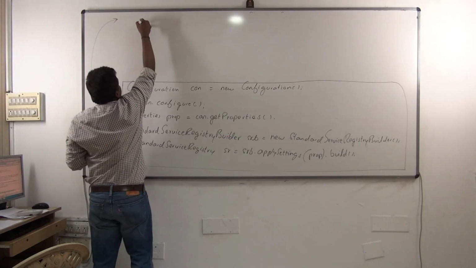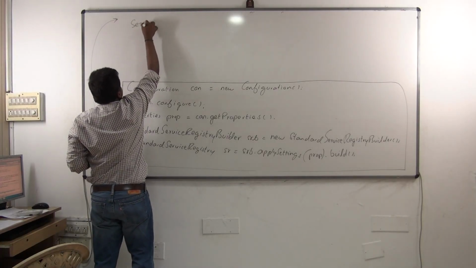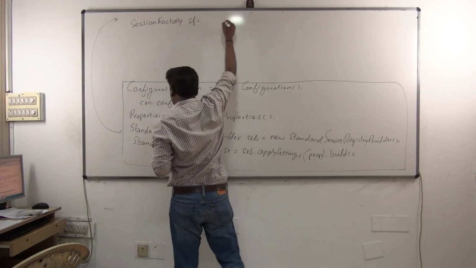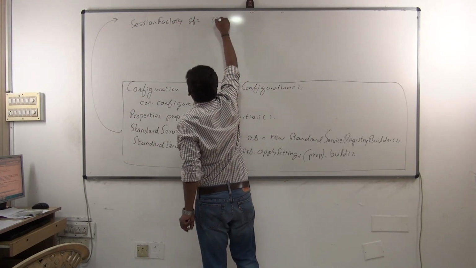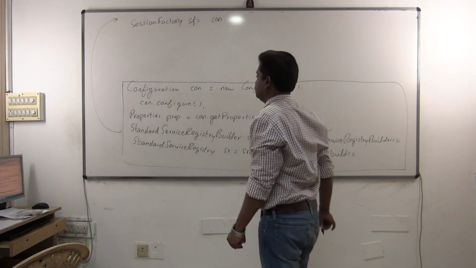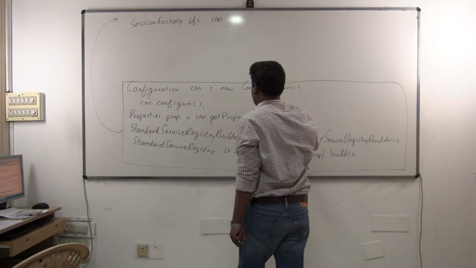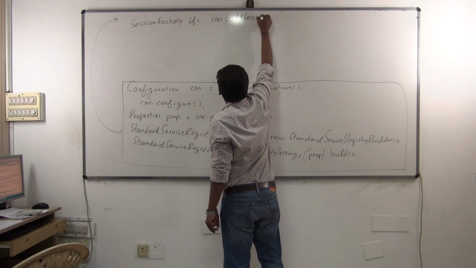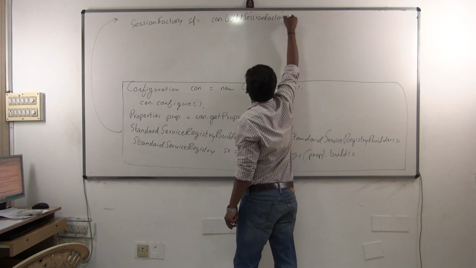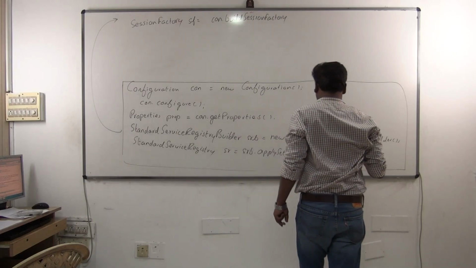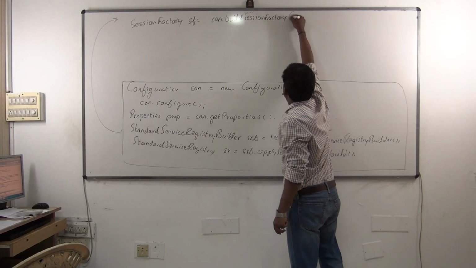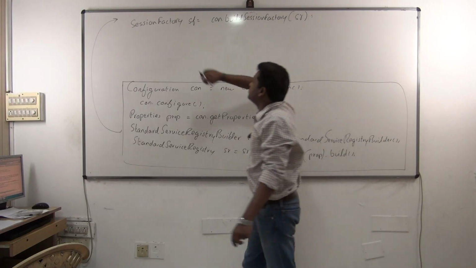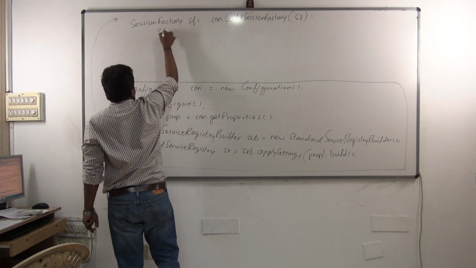So now I'll write session factory SF is equal to con dot build session factory of service registry. You have to pass this argument now. SR will be passed here. So once this is ready, you have to tell SF dot